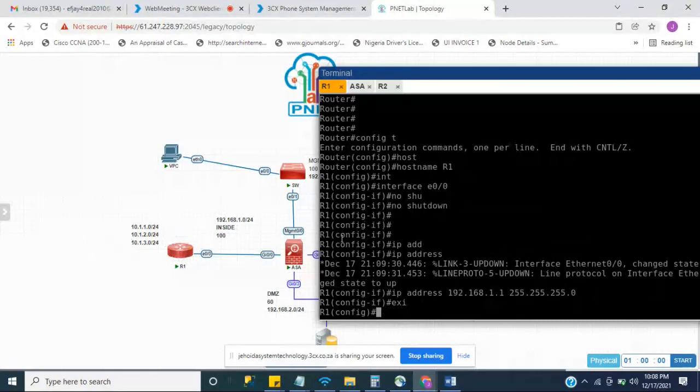They must be on the same subnet, right? And because we've already done that, the next thing we do now is to do a static route from this interface, meaning that if there are some systems at the back of this router, when they want to connect to the internet, their gateway will be this interface, and their next point of connection will be where? Will be this interface. So we have to do an IP route